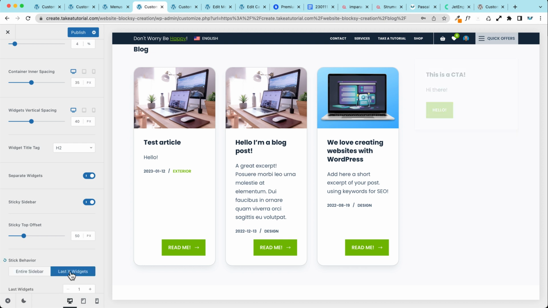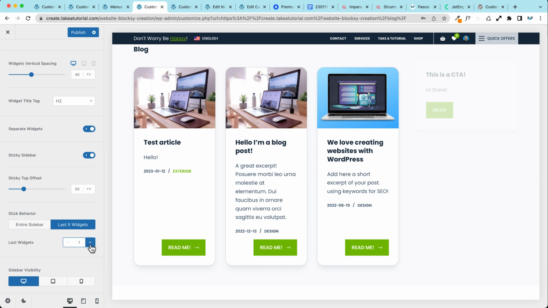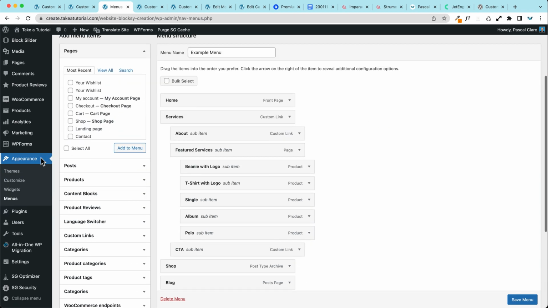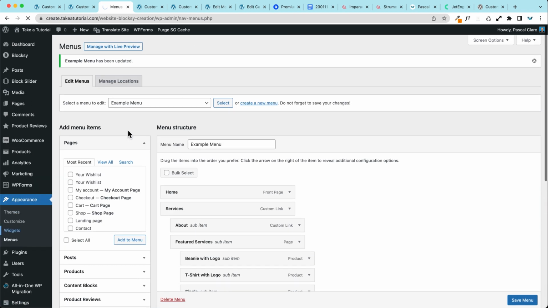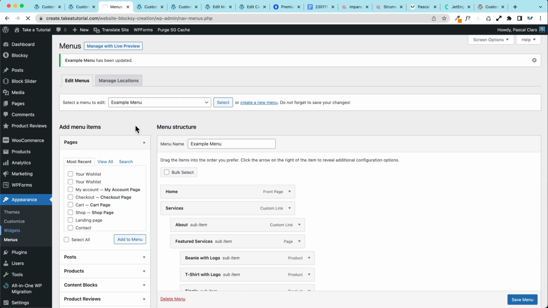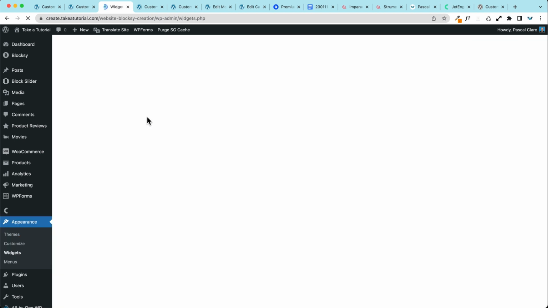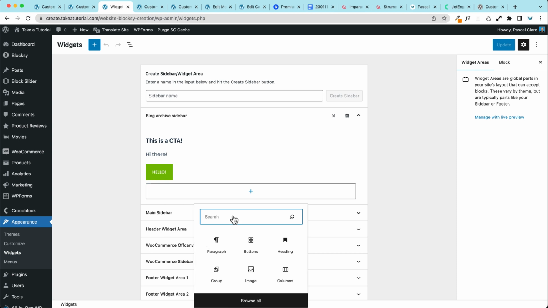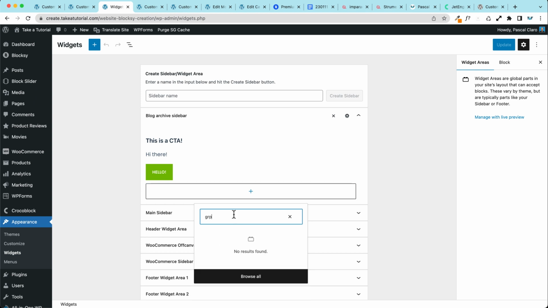But you can also limit it to the last 1 or 2 widgets, for example. Let's say that we want only the last widget to be sticky. And if we add some more, we can go down to appearance and to widgets if you want to customize your sidebar. And we can add one more widget. For example, we can go on the blog archive sidebar and we can add a new group widget, a widget group,